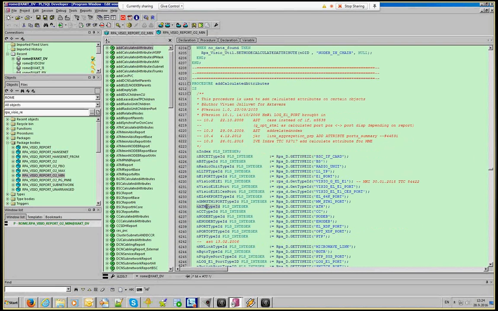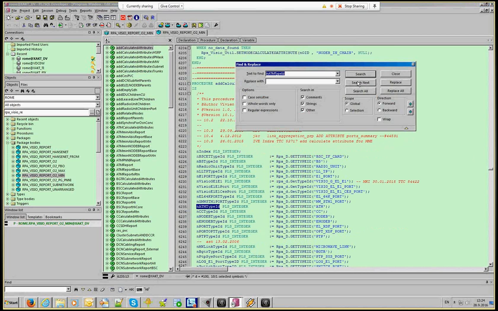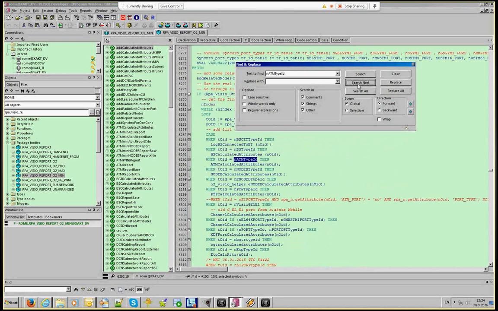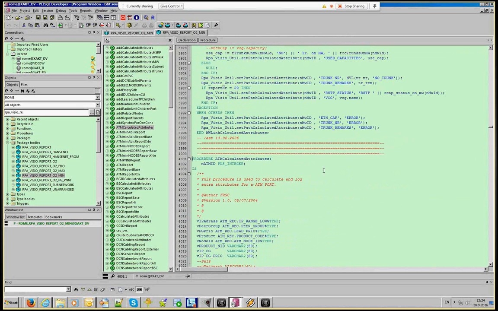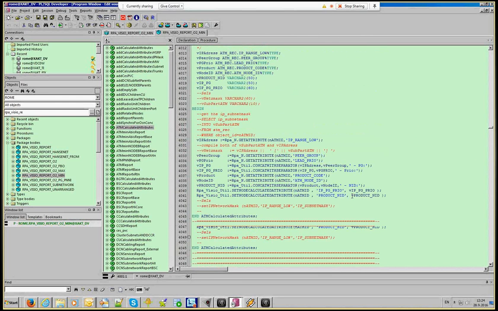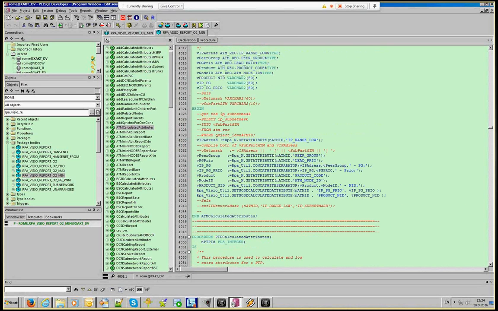This is it. ATM is used there and is called some other procedure, calculated attributes for ATM, and here is set for product night some